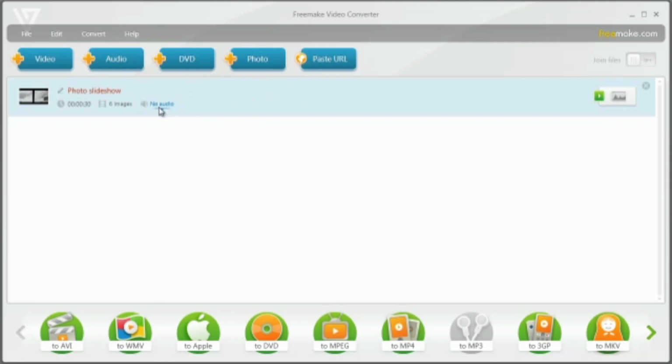right now I want to add a background audio because by default there isn't any. Click on that. So by default you only have these two options here, the no audio and add audio. Add audio, just select that, navigate to the location on your computer where you've got your MP3 or your WAV file or whatever audio file you want, and then select it, just like I've done here. Now then you can come on over here to Preview,